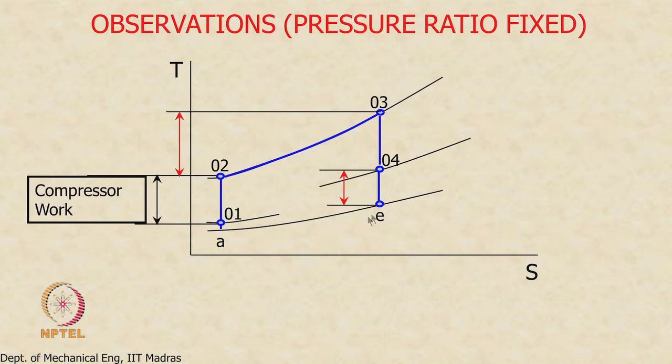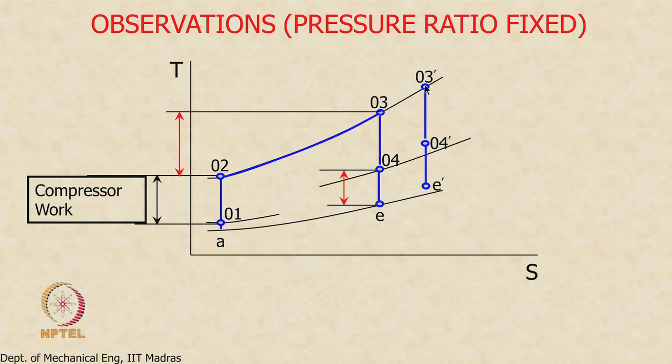Okay. So you can see that this is the fuel consumption, this is the thrust that is produced, assuming, let us assume it is correctly expanded, that is easier to deal with. Really there is no loss of generality. For the sake of simplicity, we will assume it to be like this. Okay. The compressor work does not change, right, because the pressure ratio is fixed. So the compressor work does not change. The only thing that is going to change is the turbine entry temperature, which means this state point is going to slide up along this isobar, right. So we go from 0,3 to 0,3 prime.